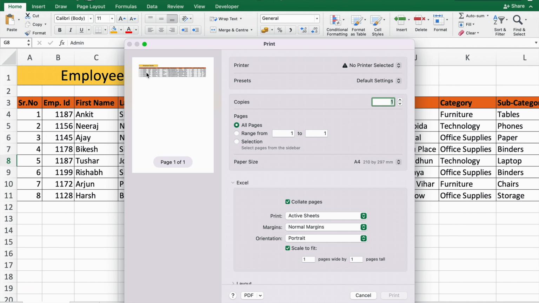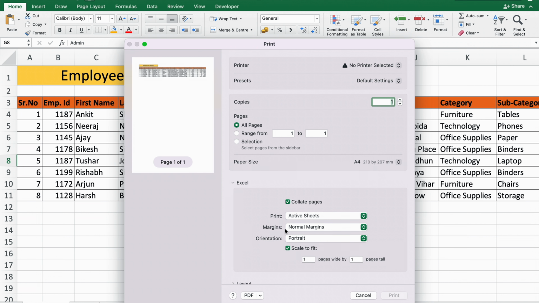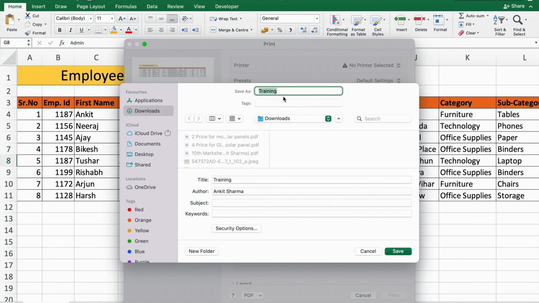As you can see, now my data is in a single sheet, and I can select landscape mode also, and portrait. I'll select portrait here, and I'll just click here on PDF. If I click here on PDF, you can see it is now asking me what name I want to give the title. So I'll give